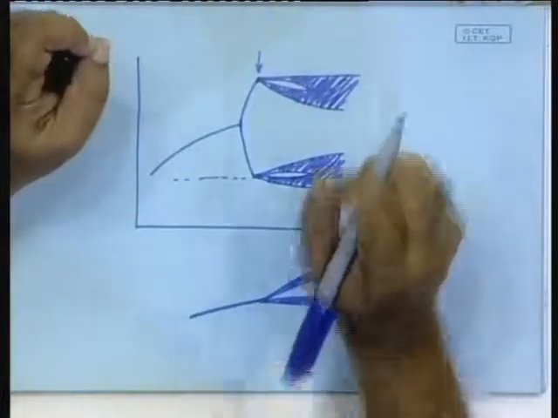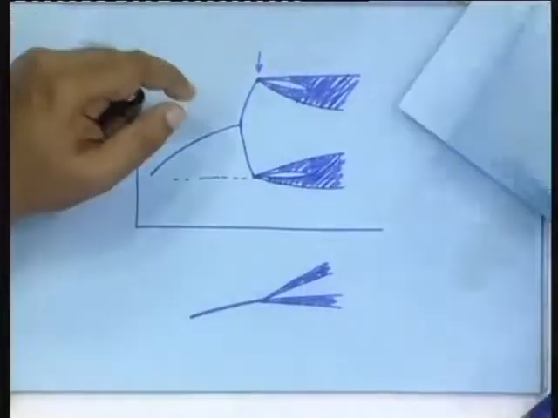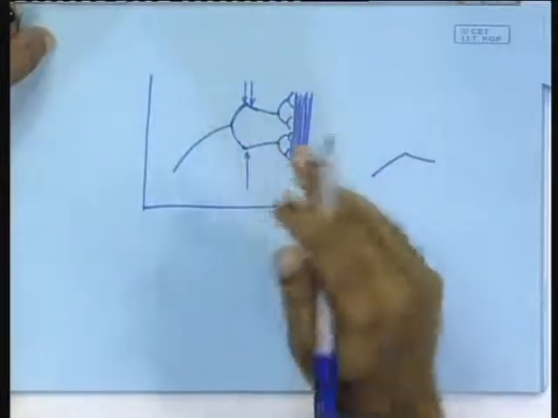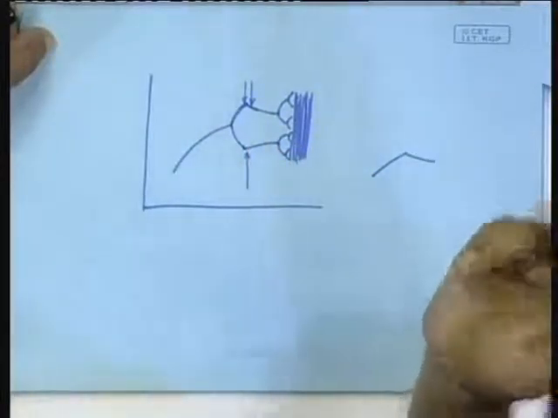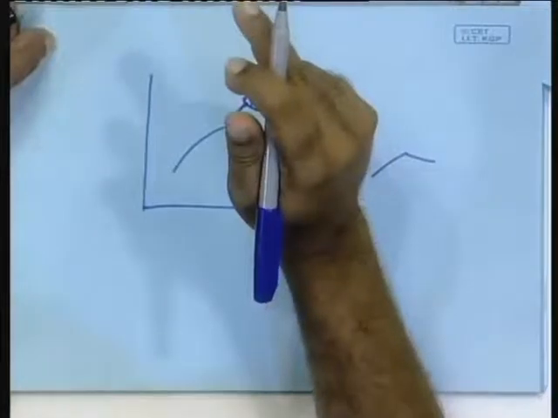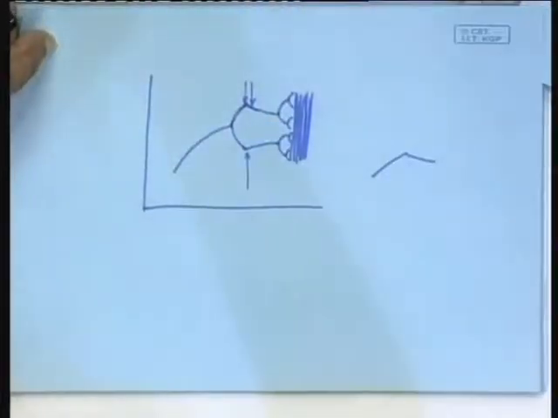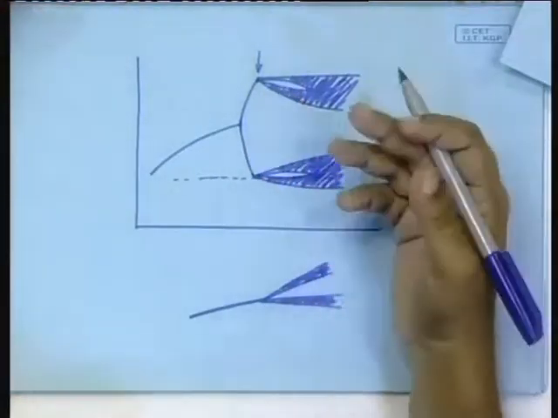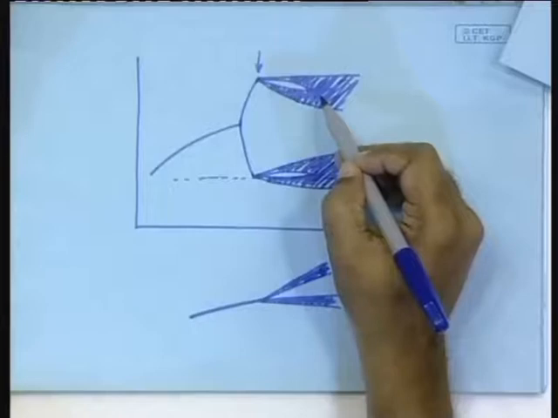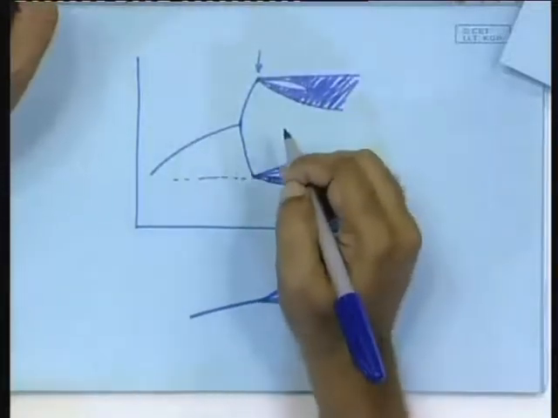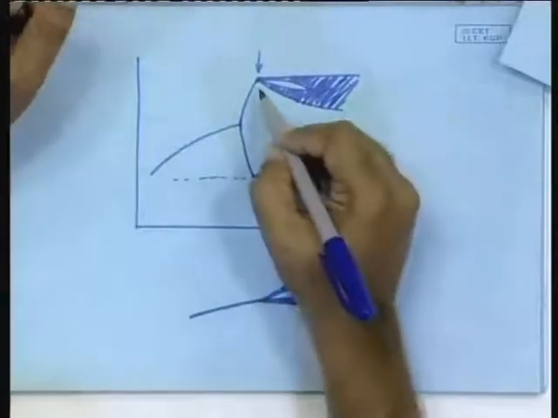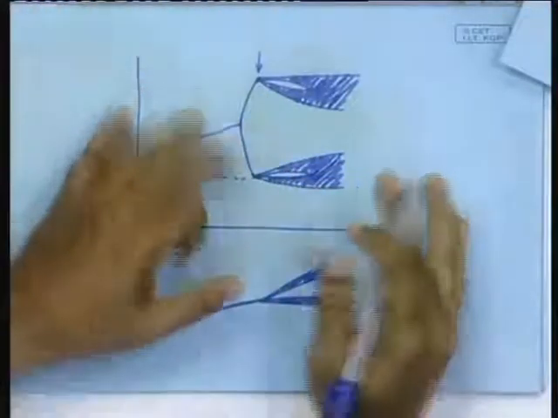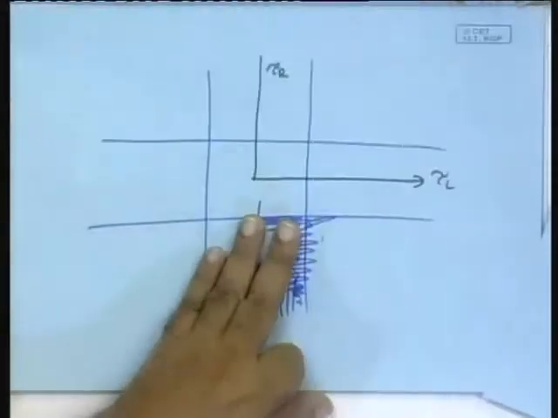So, the essential point is that in this case also, what we did was study the eigenvalues of the period 2 orbit before and after the border collision event. Here also, even though you do not see the period 2 orbit in a salient way, you should know that it must be there, and your job is to find the Jacobian of the period 2 orbit, and only then will you be able to fit into this theory.